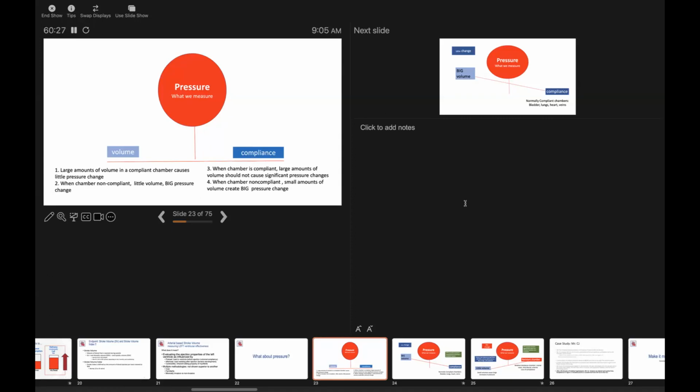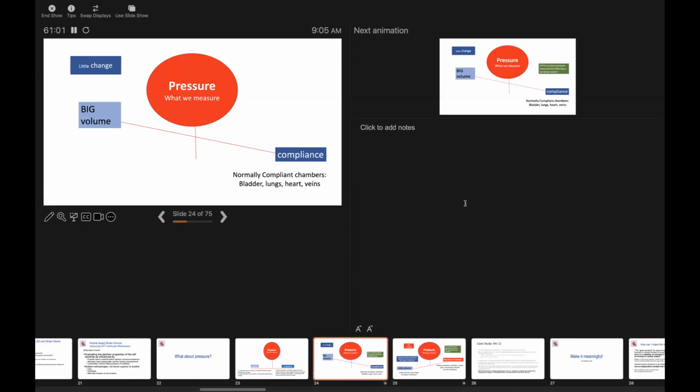So we always try volume. And remember, when we give volume, what we're resuscitating is systolic blood pressure. But if diastolic pressure is low, that means your mean pressure will be low. If diastolic pressure is low, you need a vasopressor. So if your patient's diastolic pressure is less than 40, you gave volume and diastolic pressure didn't budge much, even if systolic pressure did, you need a vasopressor. So you're going to gear that vasopressor towards the response of the diastolic pressure. And what you want to remember, big volume in a compliant chamber causes very little pressure change. What causes pressure change